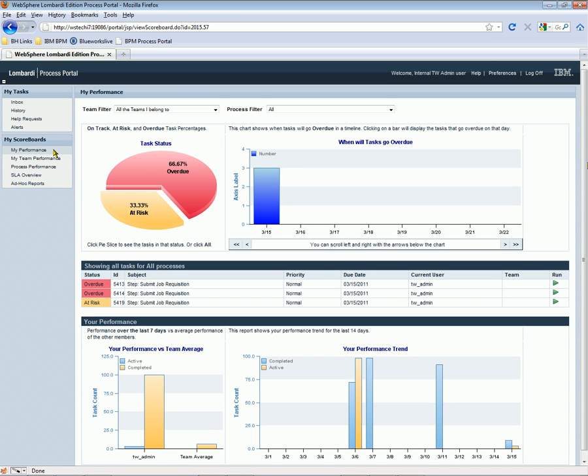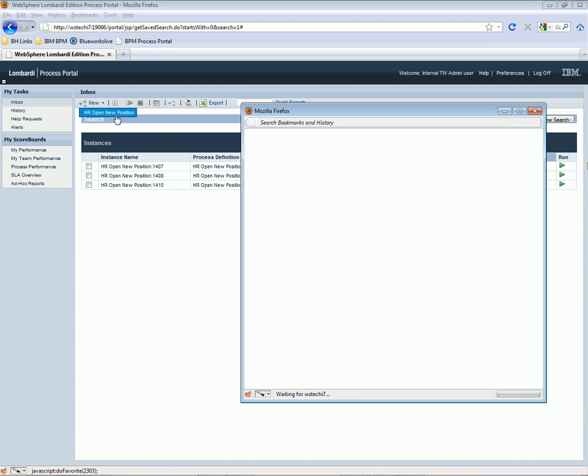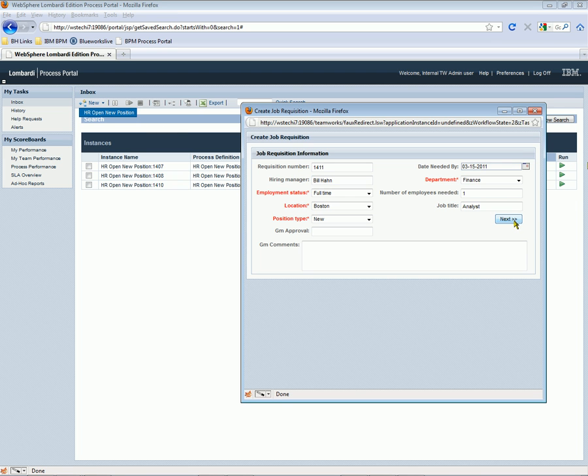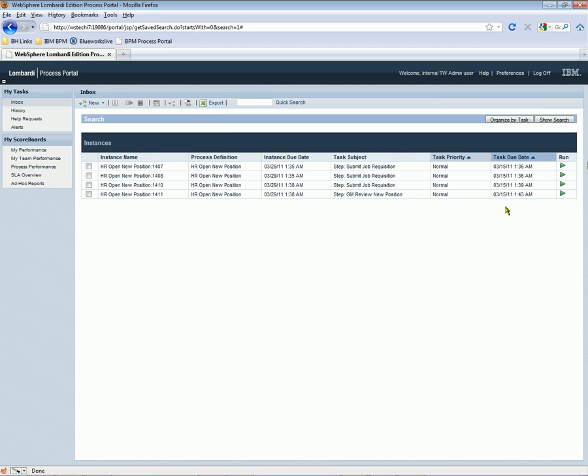Let's review my performance. We have scoreboards that work out of the box with any process that you built. They tap into the performance data that is automatically tracked about the process, and display useful scoreboards about the health of the process and the progress and the performance. So we can see that some tasks are at risk and some are overdue. Let me go ahead and create another fresh request, and once we create that fresh request, we'll go ahead and revisit that scoreboard,